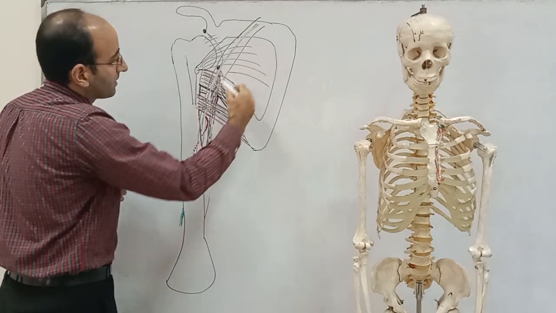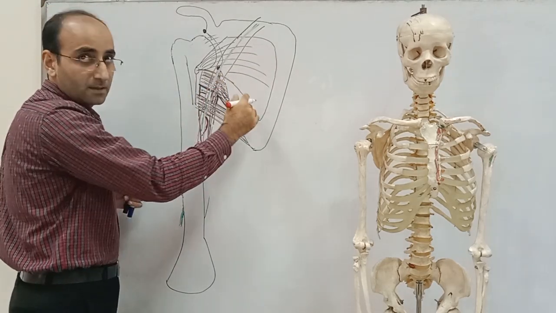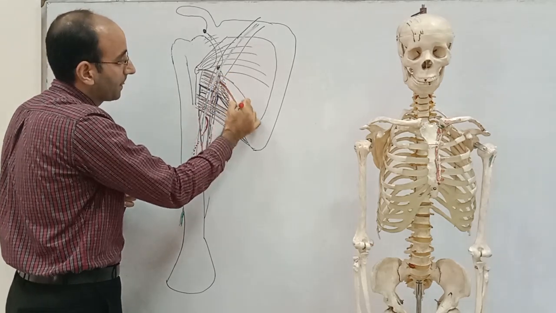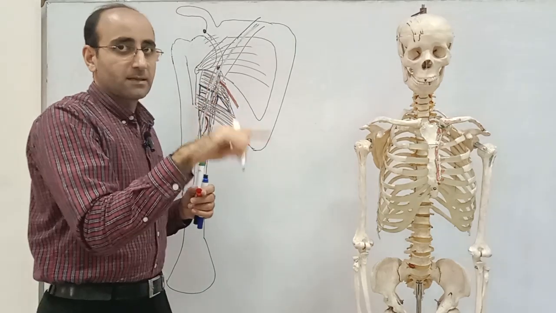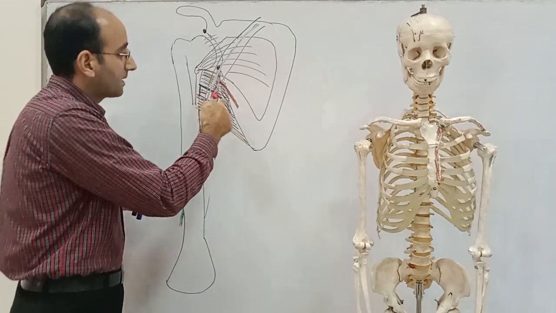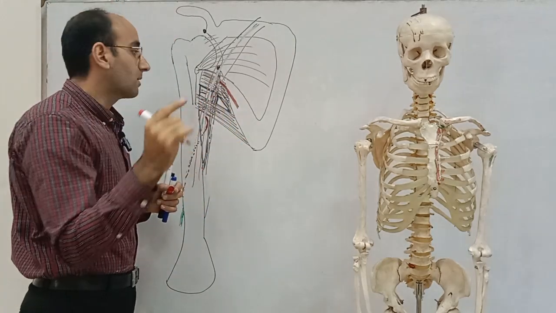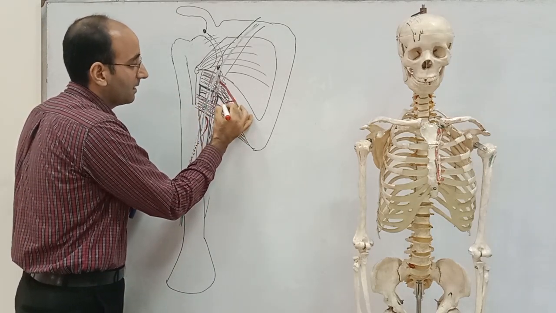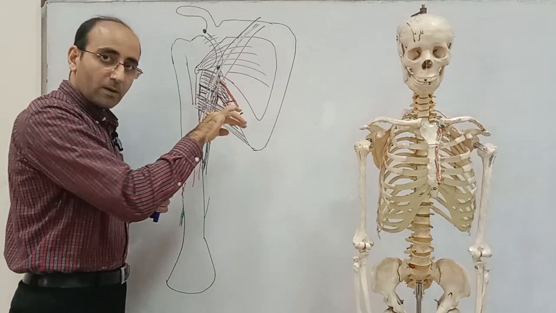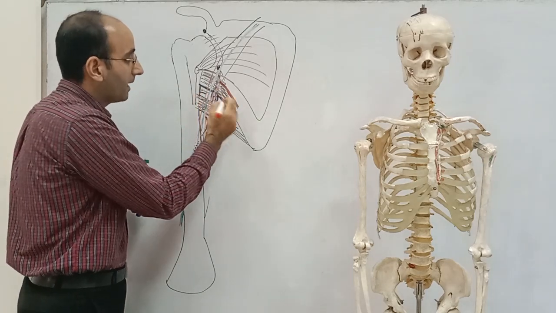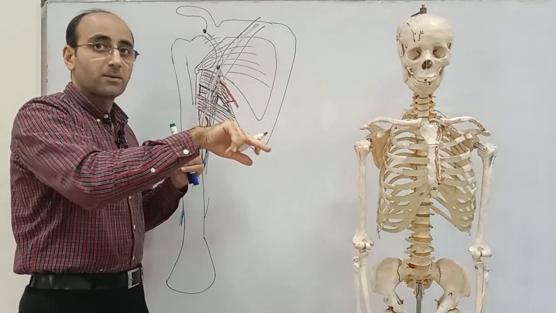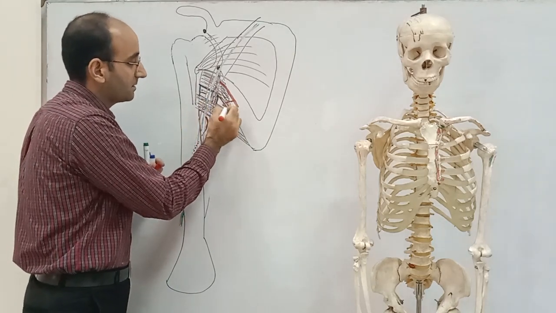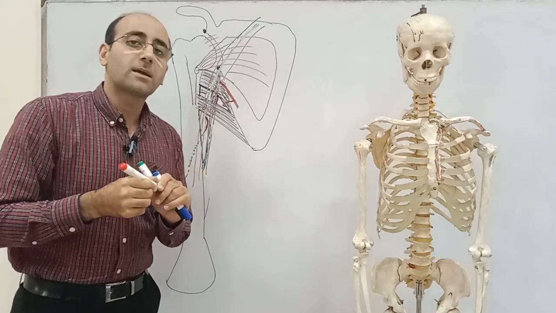This is the third part of the axillary artery. It gives off a branch which lies deep to the scapula, and it is called the subscapular artery. It also takes part in the anastomosis around the scapula. The subscapular artery gives off a branch which is called the circumflex scapular artery. The circumflex scapular artery winds around the lateral border of the scapula, and as it has to wind around the lateral border, it has only one space, the upper triangular space, through which it passes, and the content of the upper triangular space is the